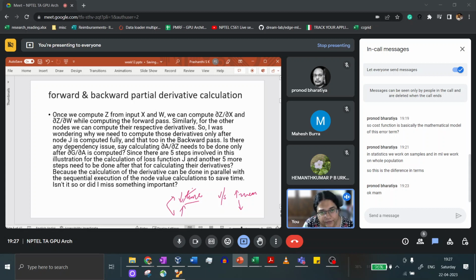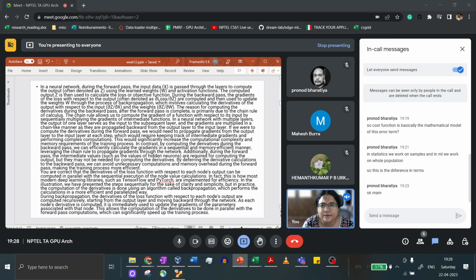But let's say you want to find a midpoint between the two. There are schemes that do partial computations. So some of it is recomputed, some of it is stored, right? That way you get an operational point between these two. It's neither this extreme nor that extreme. If you want to understand some of these things practically, you should look at a framework and how it implements it. Now let's go to the answer and see what it says.